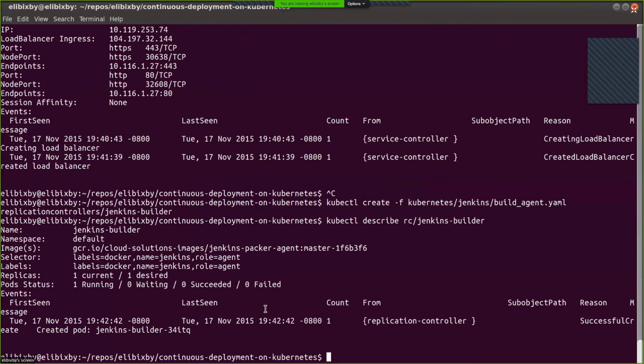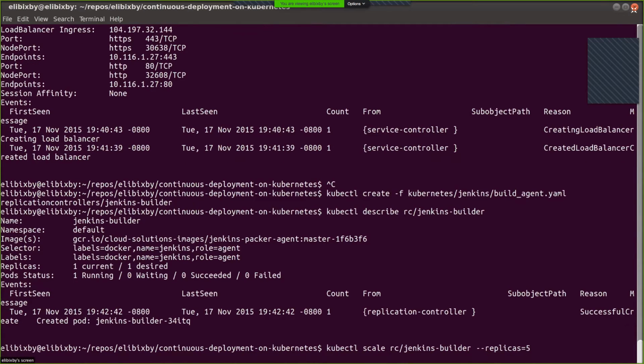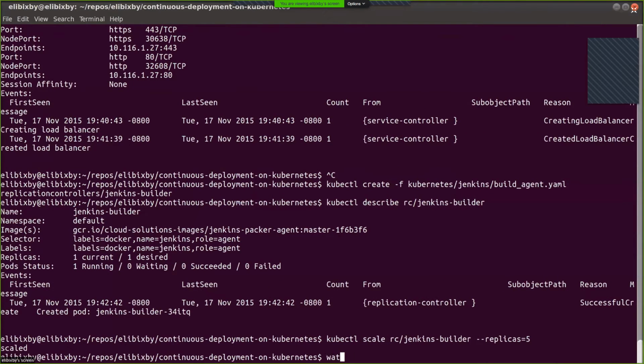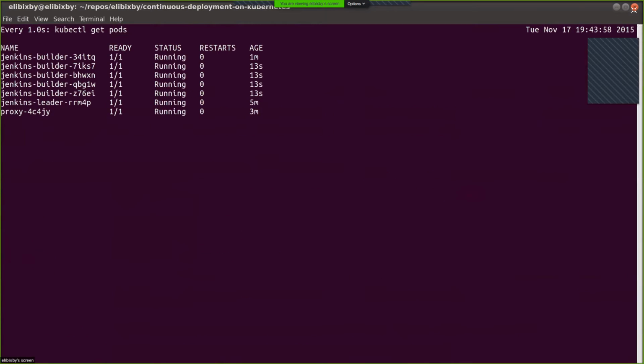So we have one builder that's not much help to us. Let's scale it up. By the time I'm done typing this command, they're all going to be ready, of course.